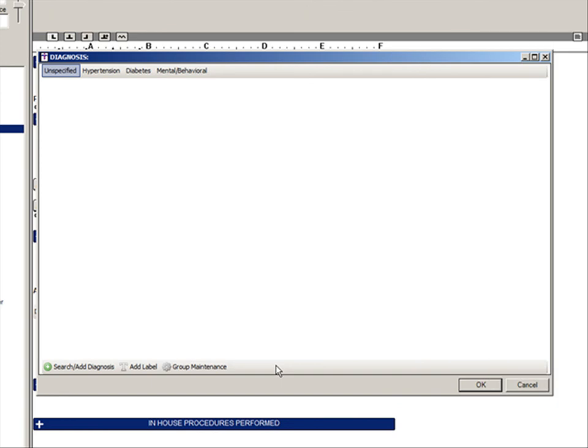In the diagnosis dialog, any diagnoses that have already been added will be listed, separated between ICD-10 and ICD-9 codes. Likewise, any groups will be displayed at the top as different tabs. To add a new diagnosis to the checklist, click the applicable group, if needed, and then click the Search Add